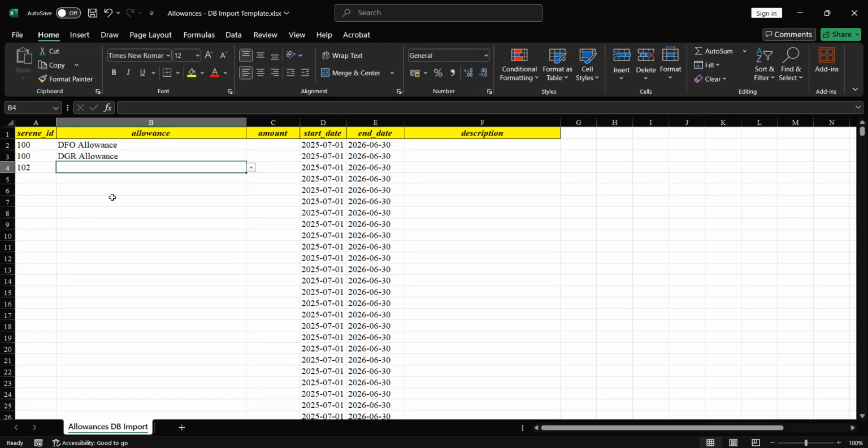You just have to input the data of only those people that are availing allowances currently, not for those that aren't. So the next employee that is availing an allowance is 102 Serene ID, and the allowance being availed is, let's say, RM allowance. And then you have to set the amount of that allowance,